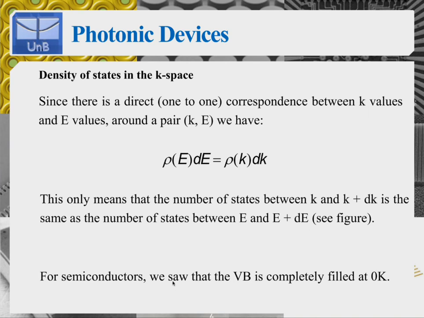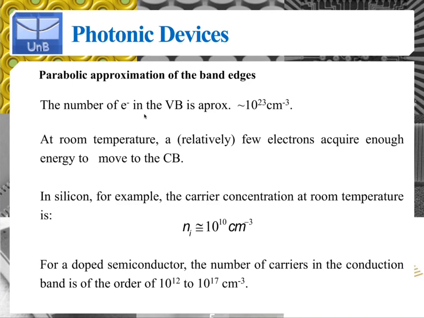For semiconductors, we saw that the valence band is completely filled at 0 Kelvin. If we plot the band diagram at 0 Kelvin, the conduction band would be completely empty, and the valence band in a semiconductor would be completely filled with electrons. You would have neither holes in the valence band nor electrons in the conduction band at 0 Kelvin. Another important piece of information that we saw in the first few lectures of this course is that the number of electrons in the valence band is of the order of 10 to the 23rd, 10 to the 24th